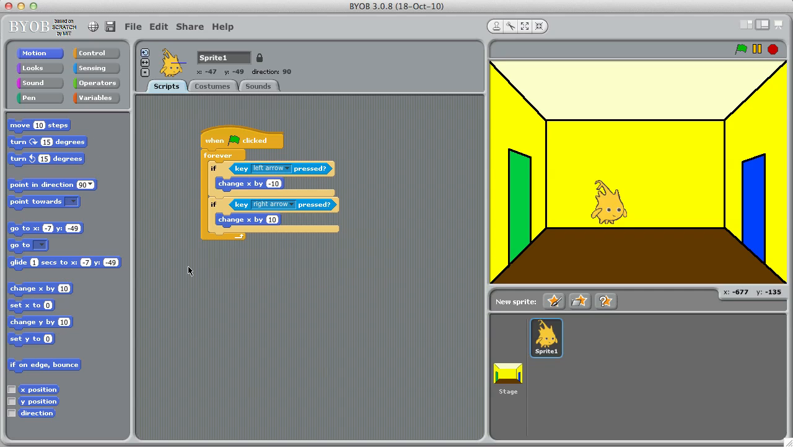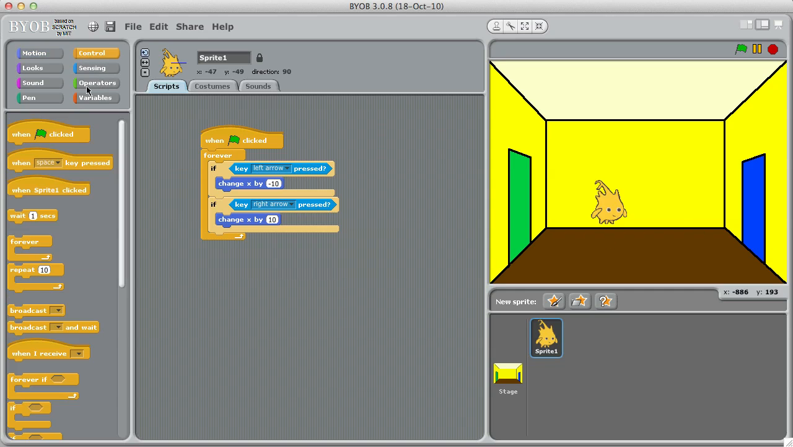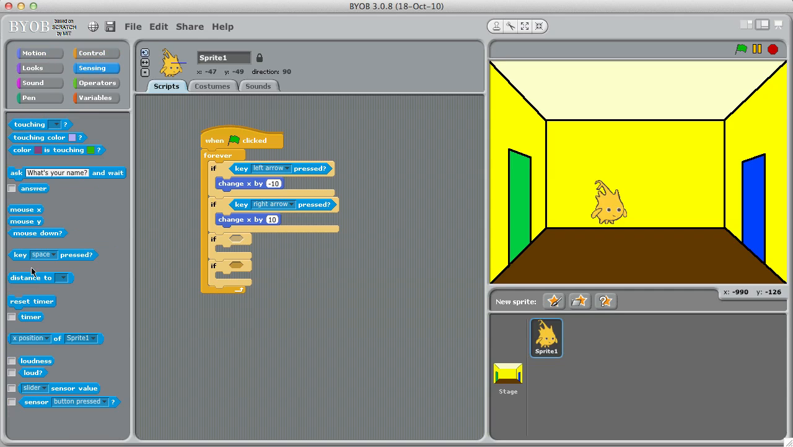So inside that forever loop, what I want to do is to test whether we're hitting either of these doors. So I'm going to again do that as an if-then statement. If this, then that. If that, then something else. What are we going to test there? We're going to test the position of the sprite. So if